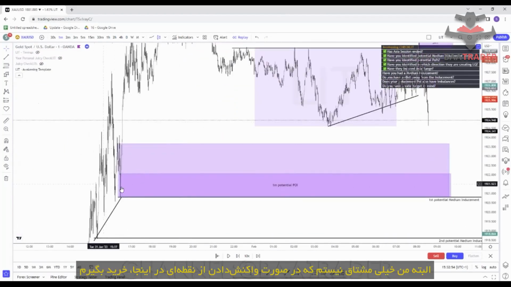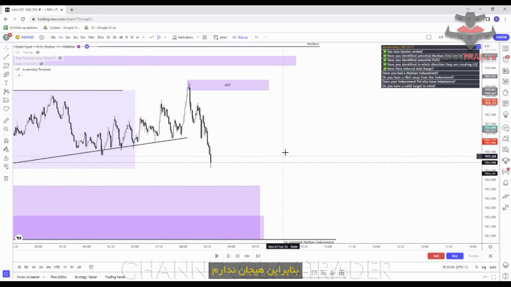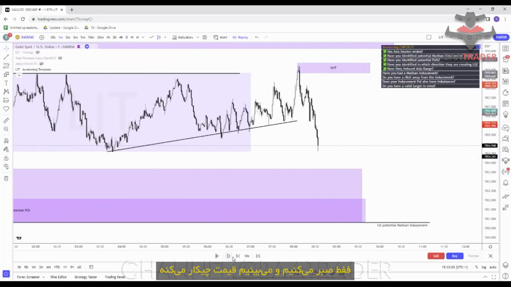Again, I am not so eager just to take a buy if it reacts anywhere in here. That is a ridiculous zone. So I am not in a fuss. We're just going to wait and see what price does. Okay, it's creating liquidity at the lows, creating this